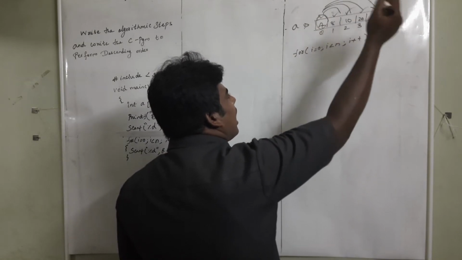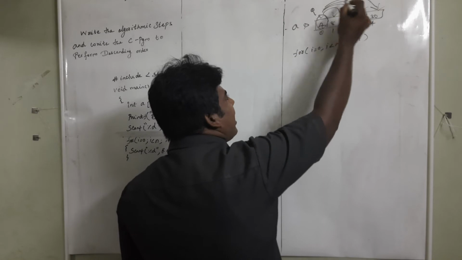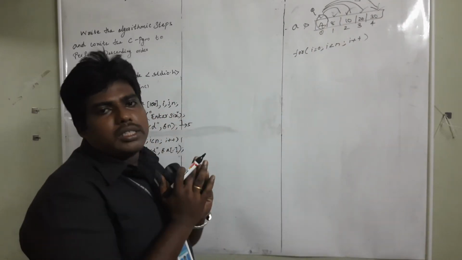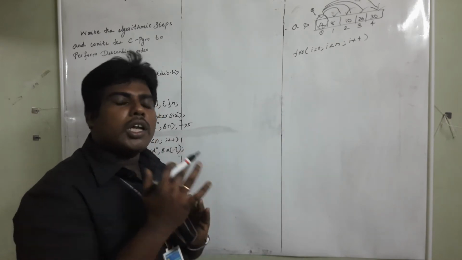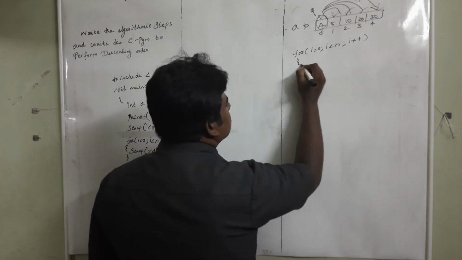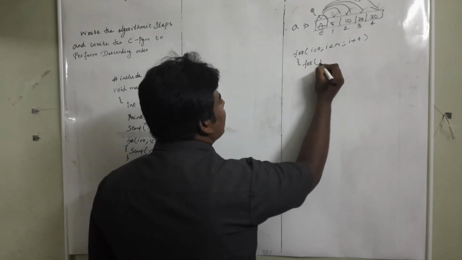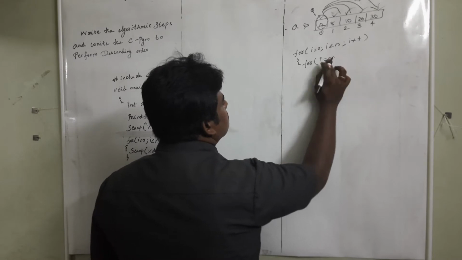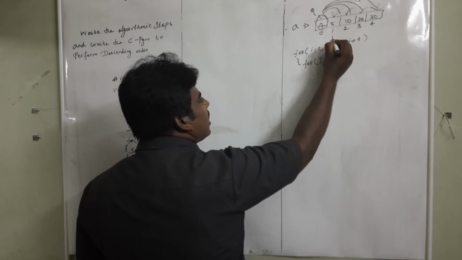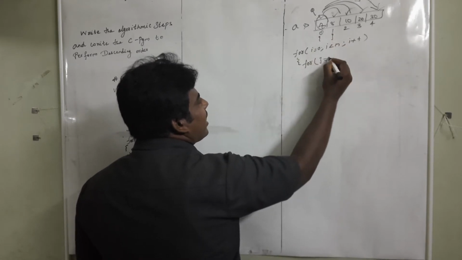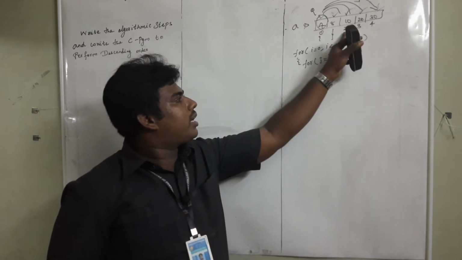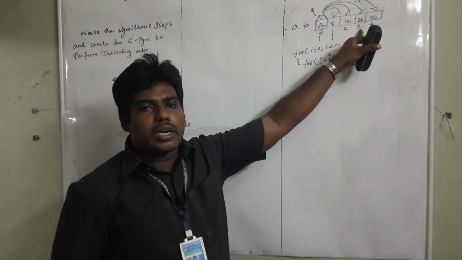This location and another location. This location is I and the other locations are J. Consider the first element is I and all the other elements are J location. So I need 2 loops here. So for J equal to, see here, I is here. And what about J? J is this. So I can take I plus 1. When I am comparing these things, J will be the next one, right?